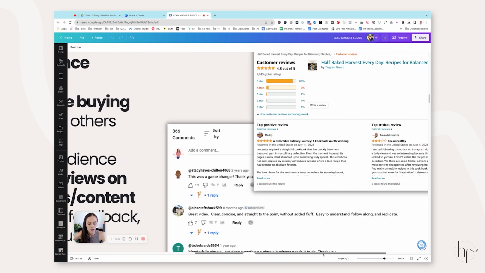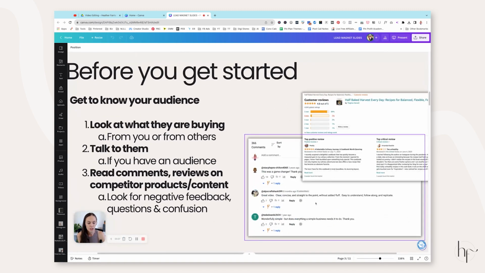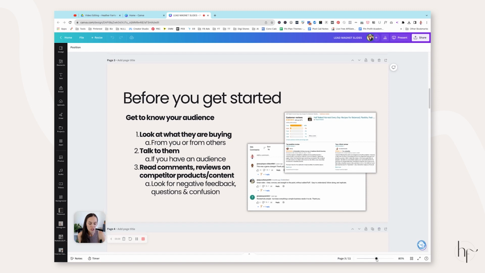So an example here I have on the slide are the critical reviews inside of a cookbook created by one of my favorite food bloggers, Tieghan at Half Baked Harvest. This person says it's too unhealthy, blah, blah, blah. Read the critical reviews. Sometimes the critical reviews can actually tell you things like it was formatted poorly, images were too grainy, it was too simple, it didn't include what you actually said it was going to include. Read the negative comments because those can oftentimes give you a lot of insight into how to make your thing